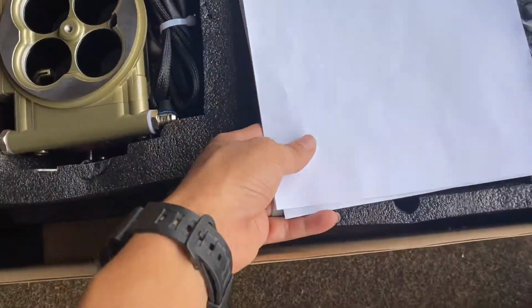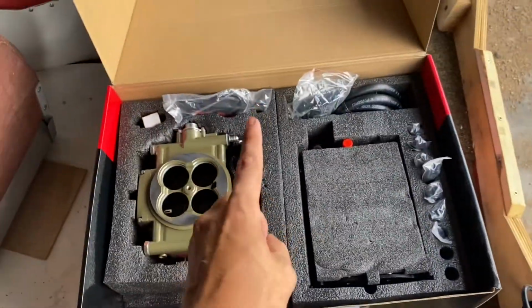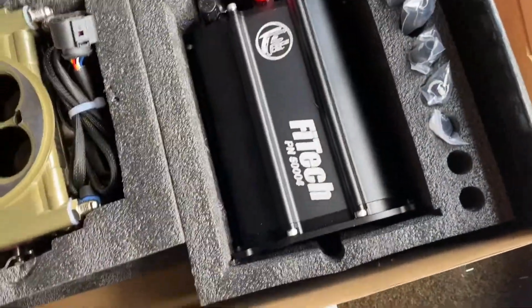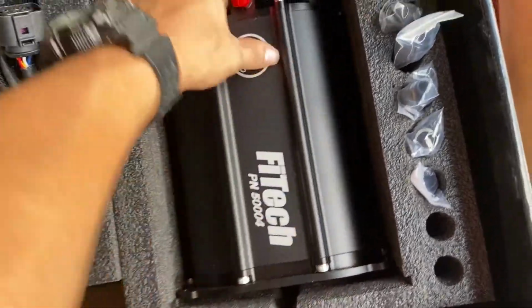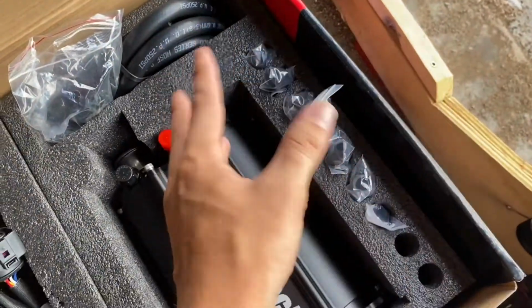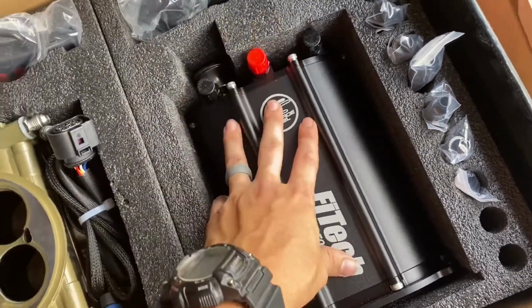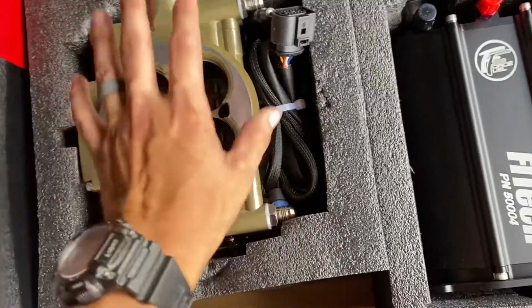But the reason I chose FITECH, at least in this case, was number one, price. This was $1,250 for all of it, shipped to my door. And it comes with this force fuel system, which is super cool. It's like an auxiliary tank, which your mechanical fuel pump or electric will prime, that usually goes to your carburetor, will fill this up, and then you have a high pressure pump which feeds the throttle body injection TBI EFI